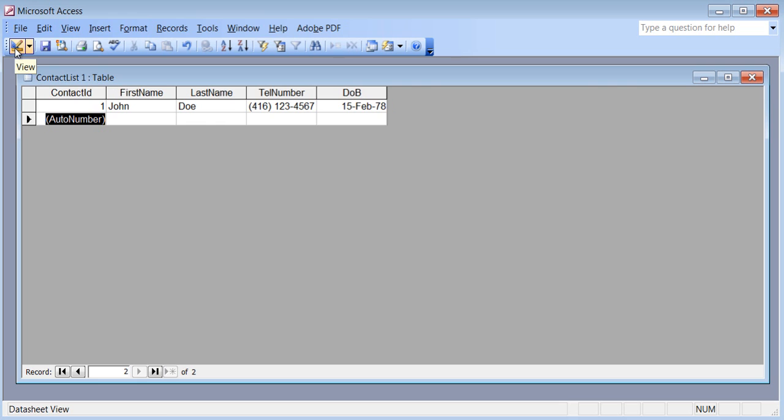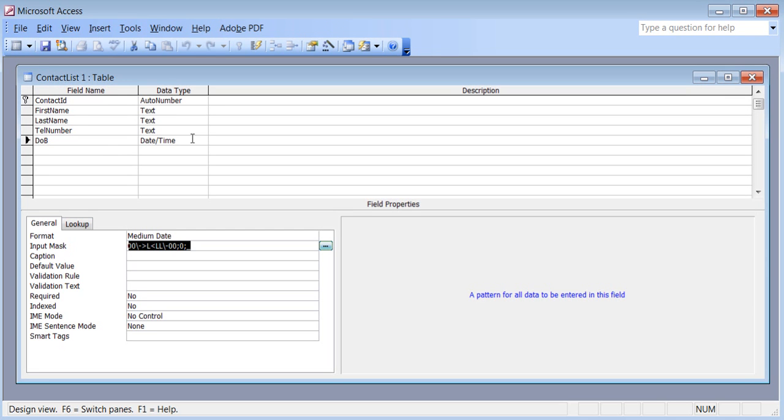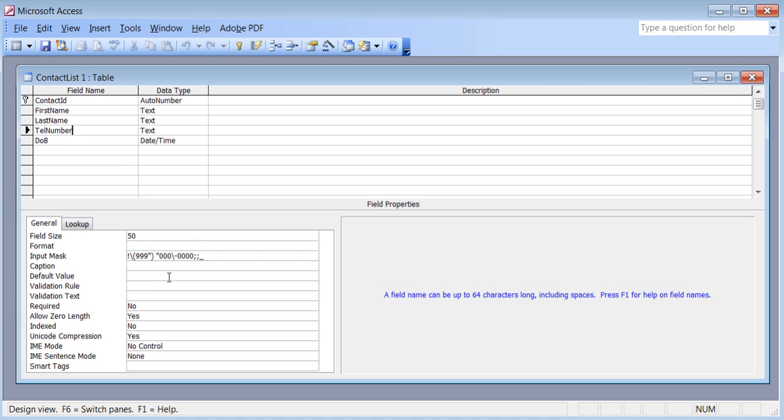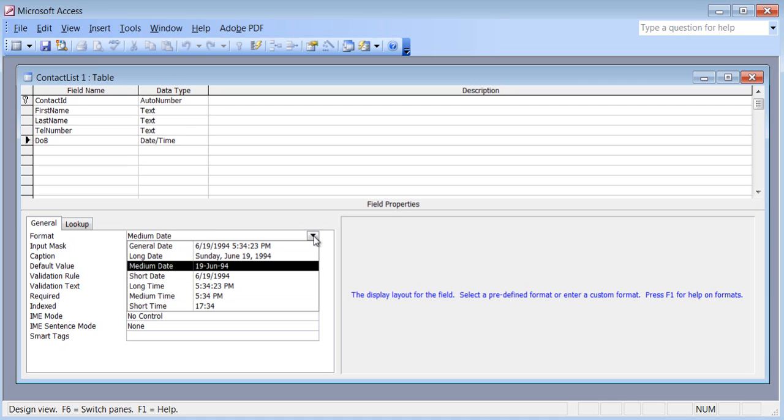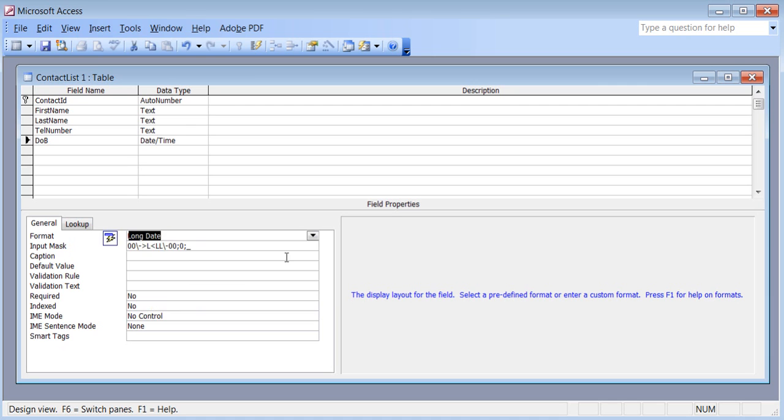Now if I come back to the design view and I click in the date of birth, you need to be careful that if you want to change the date of birth in the field properties, you click on it, because if you click on telephone number, you start changing the field properties, you'll be changing the telephone number. So be careful. So I can click on date of birth, and say for example I change my mind about the format. I can click here and I say, you know what, show it to me in long date. I'll hit save,